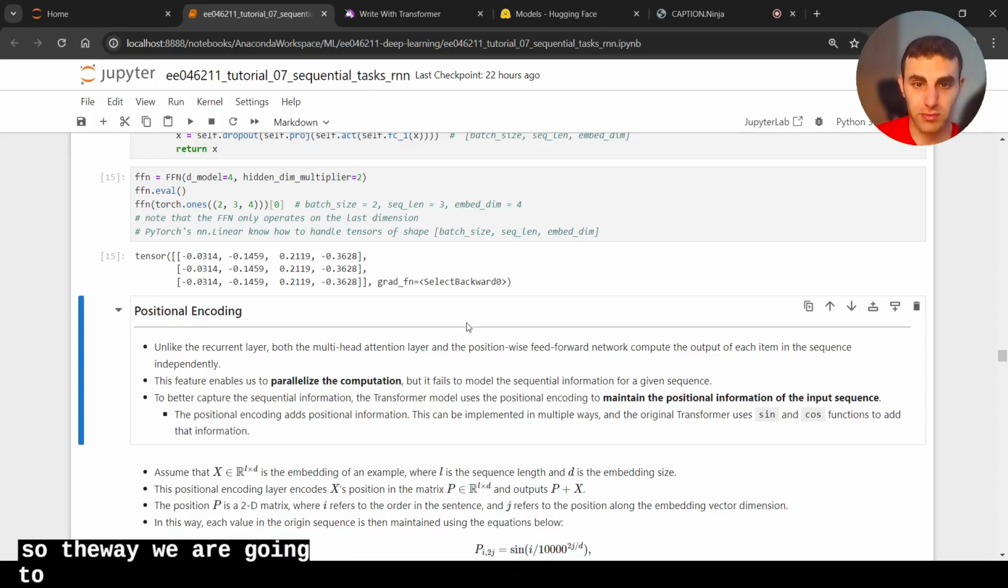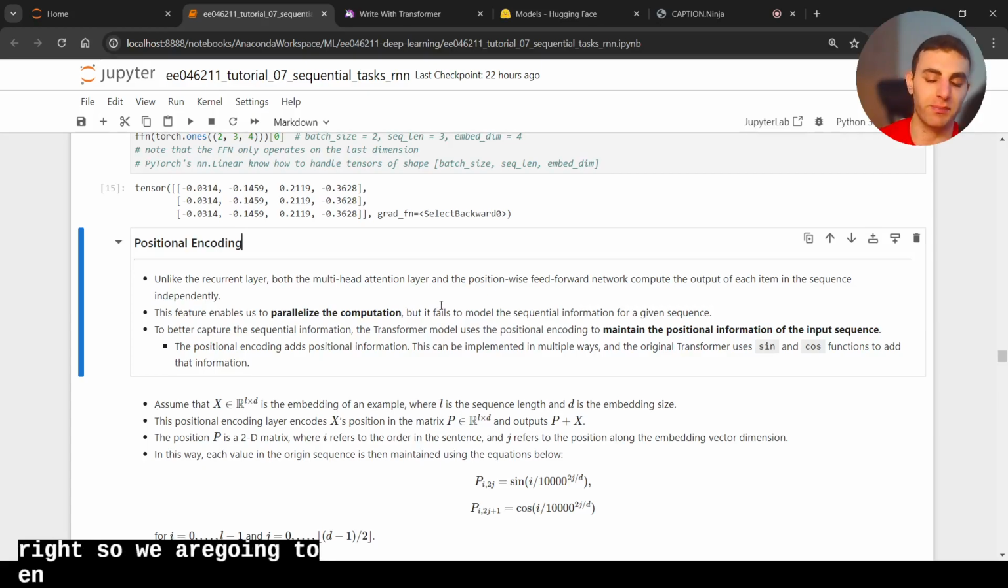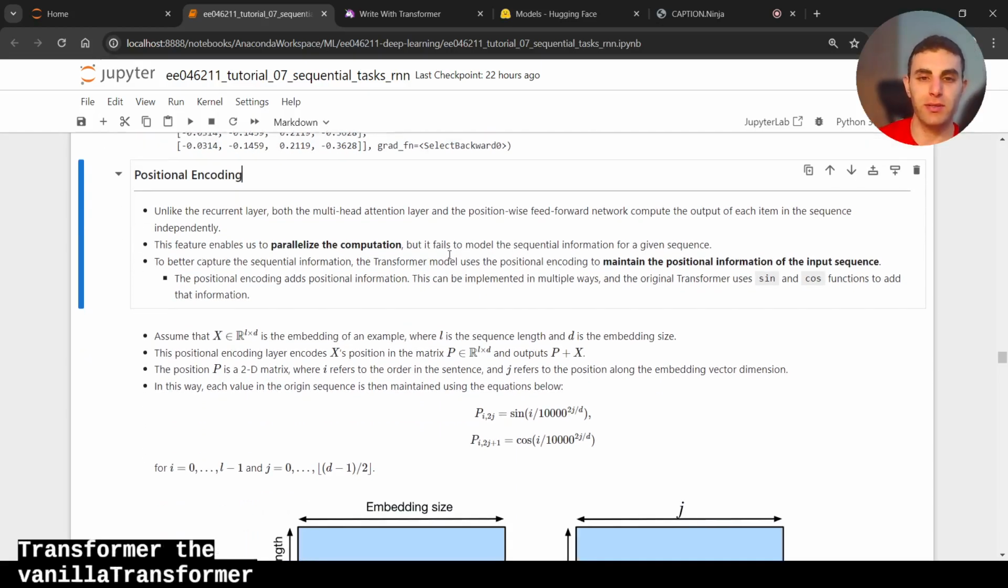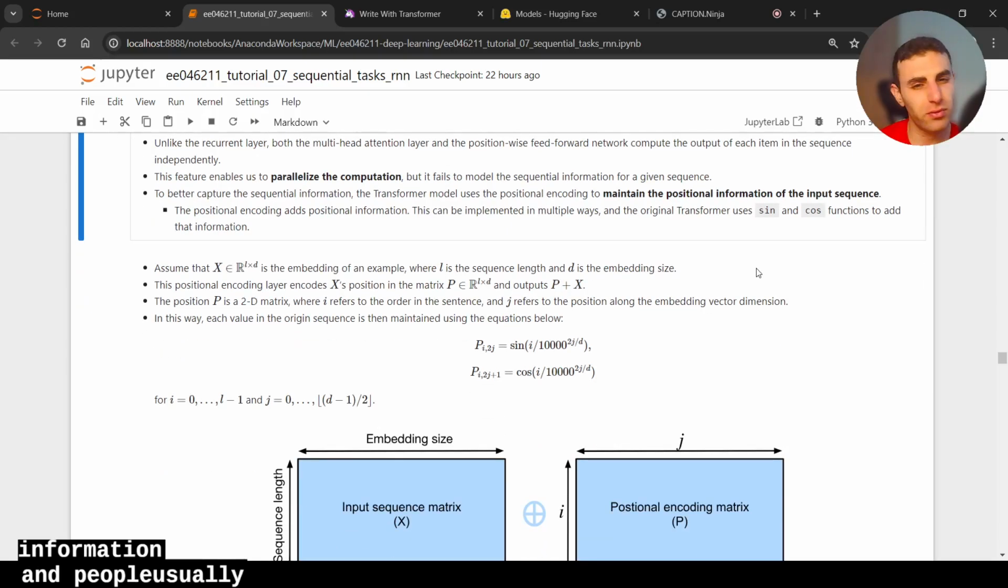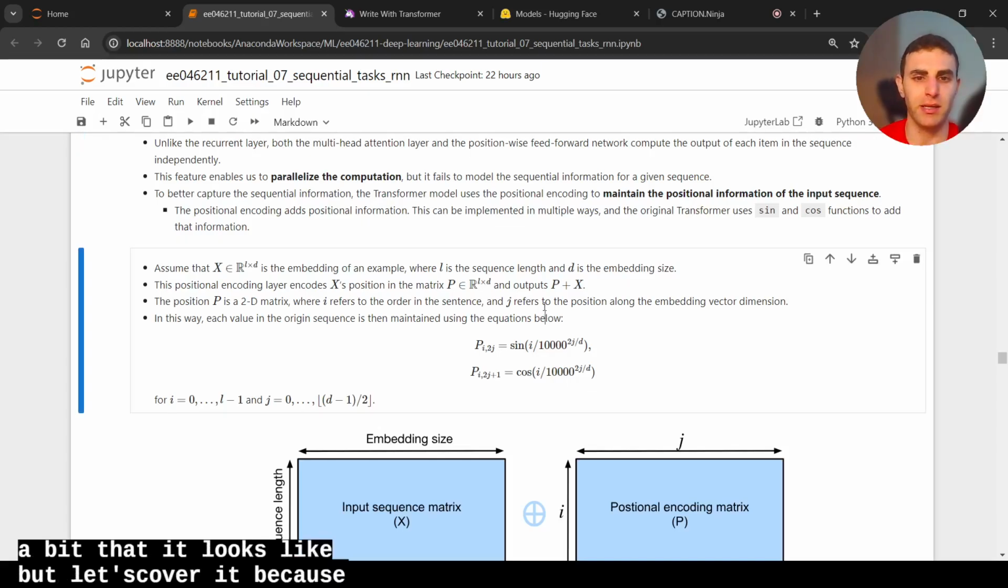So the way we are going to do this is with something called positional encoding, which is used to maintain the positional information of the input sequence. Right, so we are going to encode the explicit position. For each embedding, we are going to add to it its position in the sequence. So the first word is going to get an encoding that means I am the first word, right? The original transformer, the vanilla transformer, used sine and cosine functions to add this information. People usually don't do this today anymore, and they just use learned embeddings. I'll show you in a bit how it looks, but let's cover it because it can actually help us